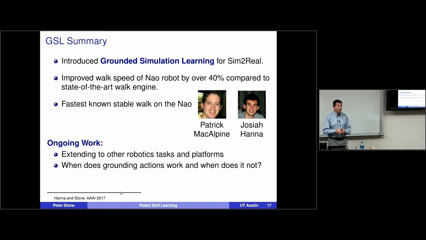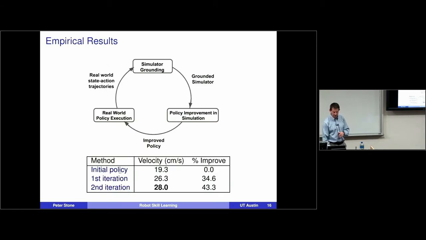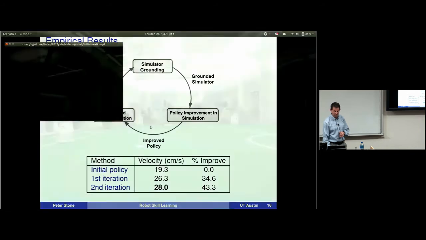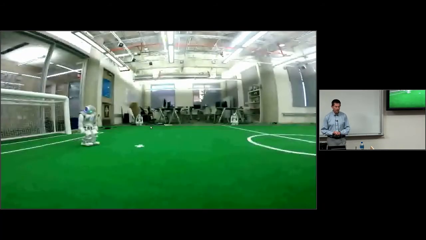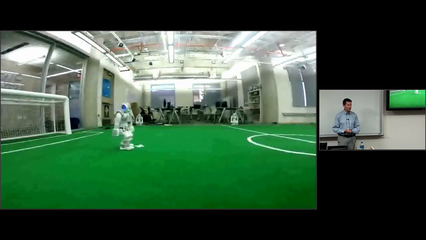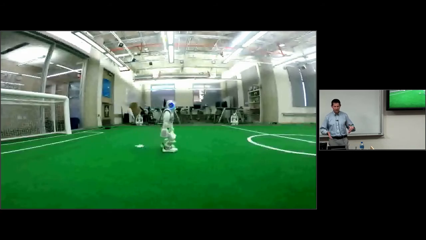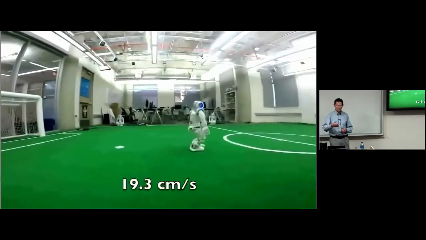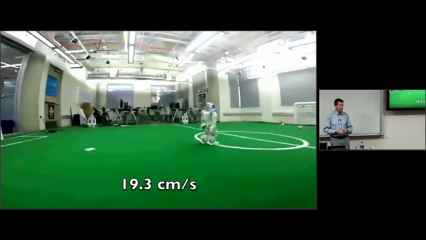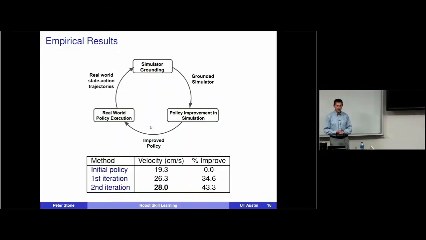It'd be great to see. I think that's basically the approach that was the starting walk, right? The walk that was the state of the art before was more of a traditional analytical approach based on one of these inverted pendulum models, and there've been people who've used ZMP models and things for humanoids in the traditional walking methodologies. That was our starting point, and we were able to learn to improve that by 40%. It's clearly possible to do better, because our policy is still in that space, but I don't think it would have been very easy to find it. It'd be great.